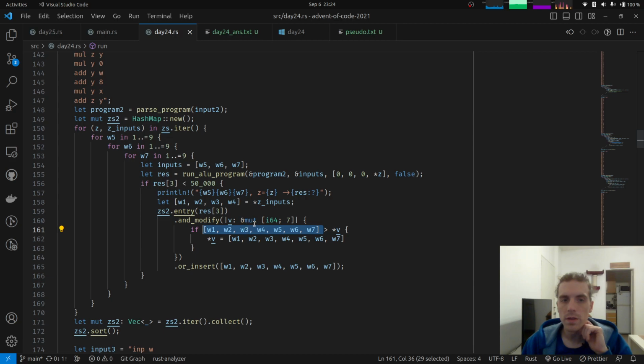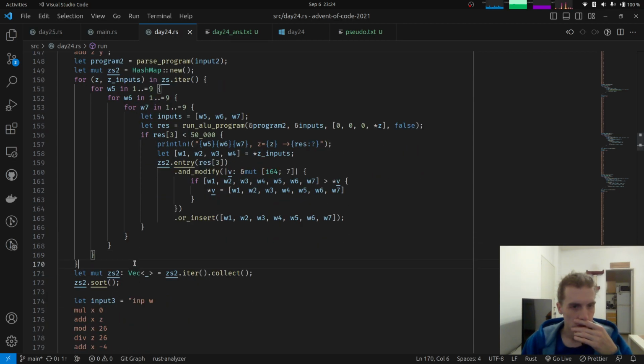So if the inputs that we have now are greater than the current value in the hash, we replace the current value. This should be the same as using the max function, but for some reason, well, I think this should be the same, but I don't know what is failing here. So let's maybe remove this